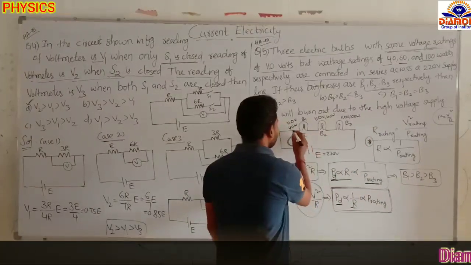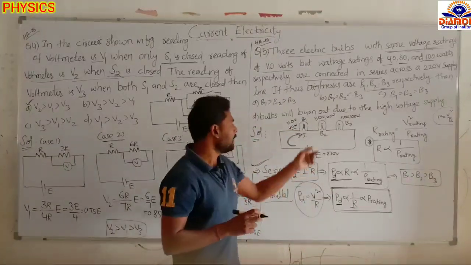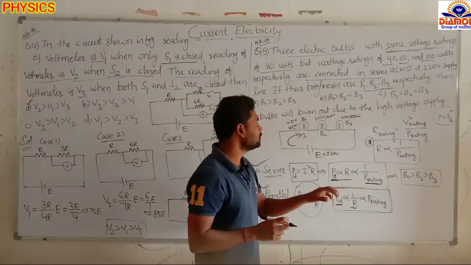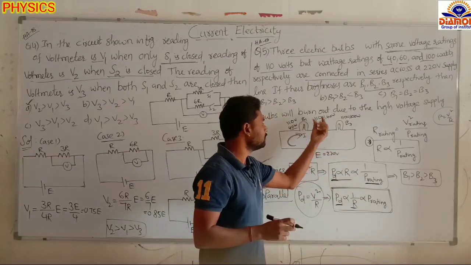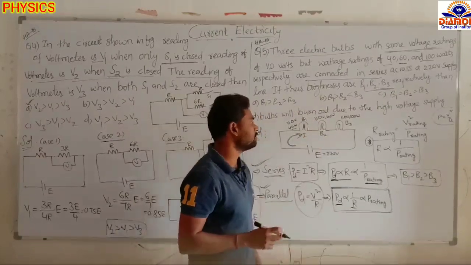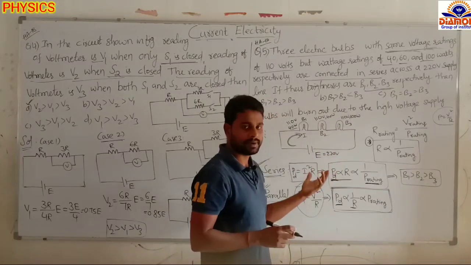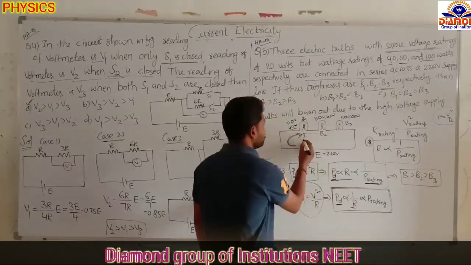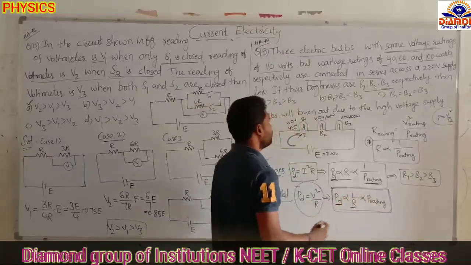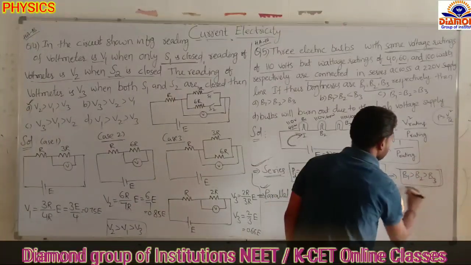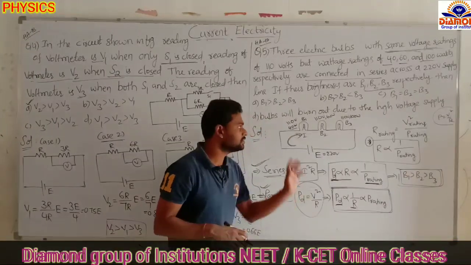The first bulb has the lowest power rating, so it will dissipate more power and be brighter. The next lowest is the second bulb, so its power dissipation is somewhat less; it will glow bright but less than the first bulb. And B3 has the highest power rating, less dissipation, less brightness. From this we can say the first bulb is dissipating the most power, the second bulb somewhat less, and the third bulb even less. So the first bulb's brightness is more than the second's, and the second's is more than the third's. Like this you have to do the problem.